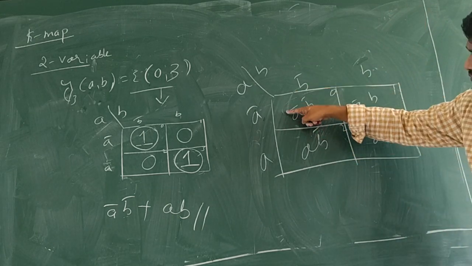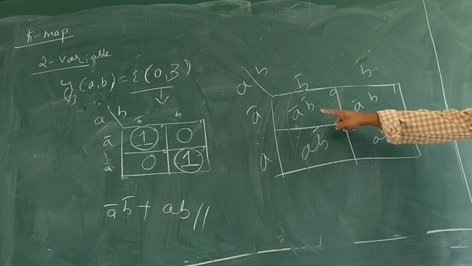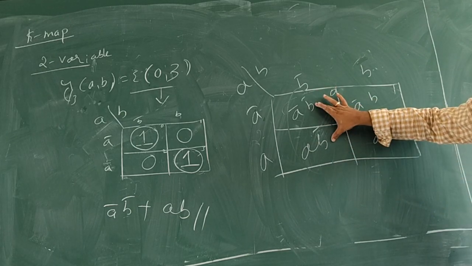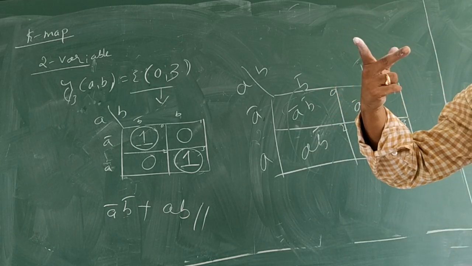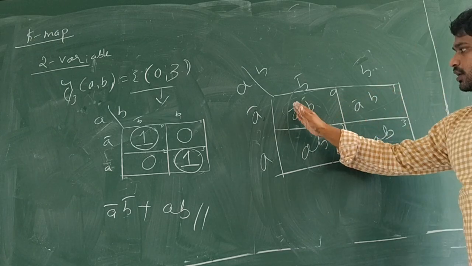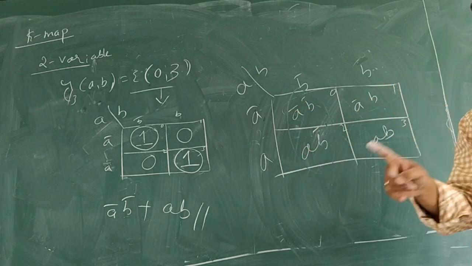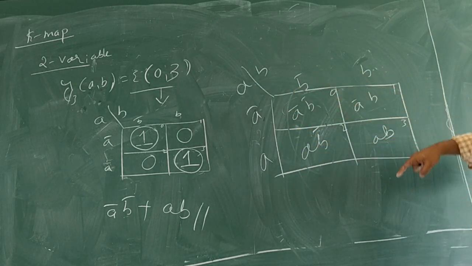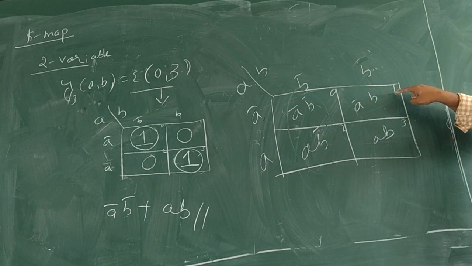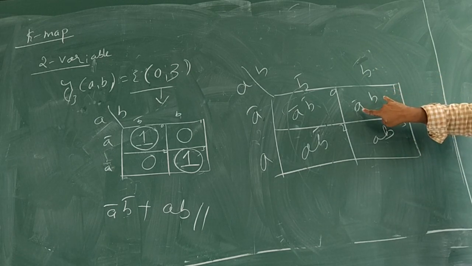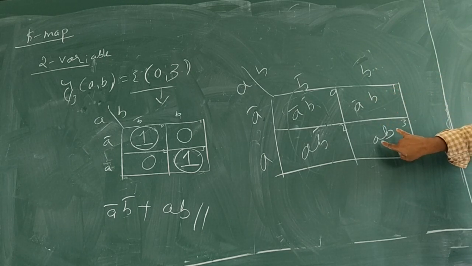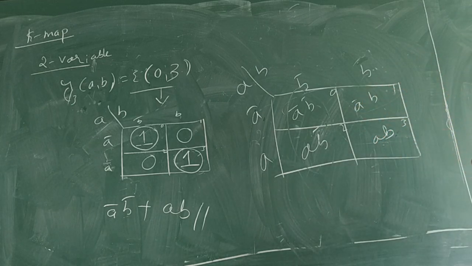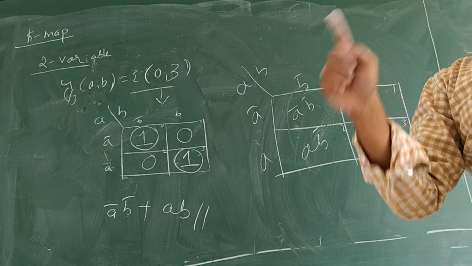Okay, so now you check this. Here it is A bar B bar. Here it is A B bar. So what is B? B bar on both sides. So one similarity. How many differences? Only one, that is A bar and A. Hence this is allowed. So let's check 1 and 3. What is 1? A bar B. 3 is A B. So B is the same. The only difference is in the A position.